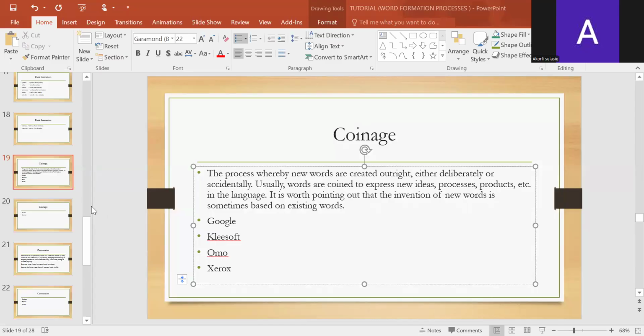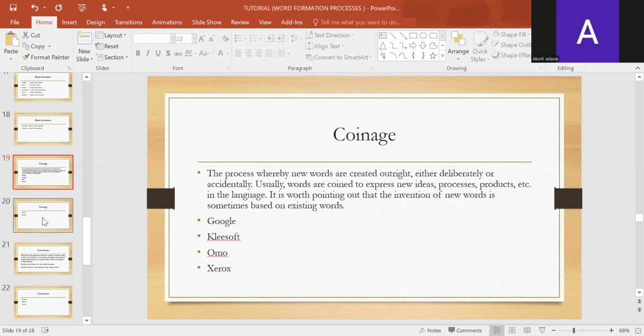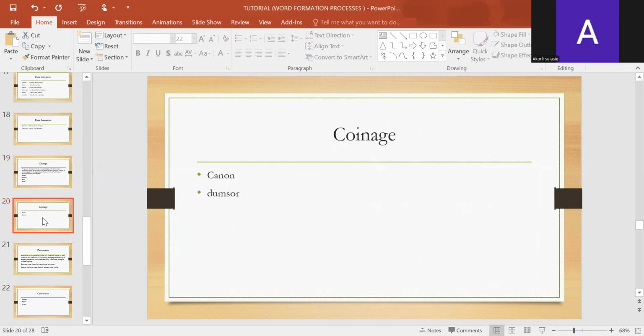So we have Clickstart, Umu, Xerox. Then Canon. All these are products. Canon product. But then I propose that a word like Doomsaw is also coined. Doomsaw is coined. This word has assumed currency. Let's assume a status, international status, that you can find on the